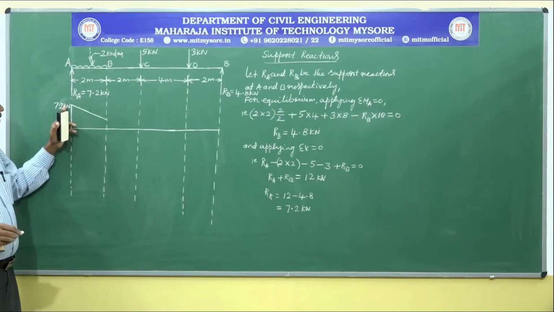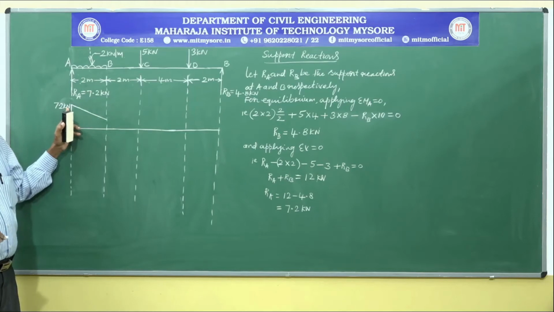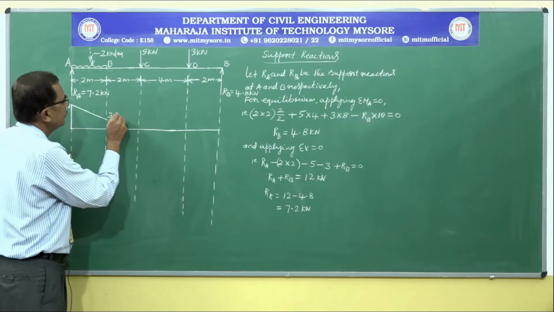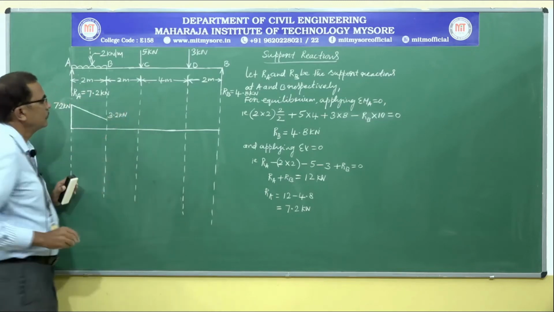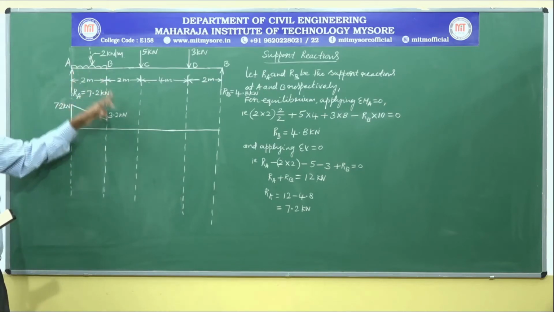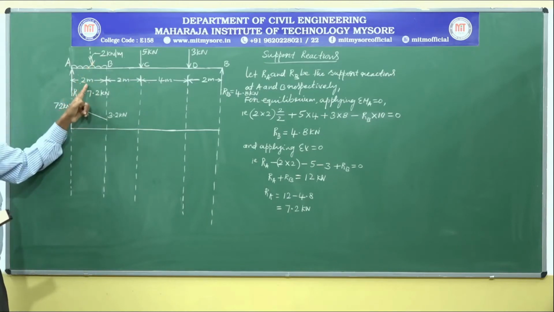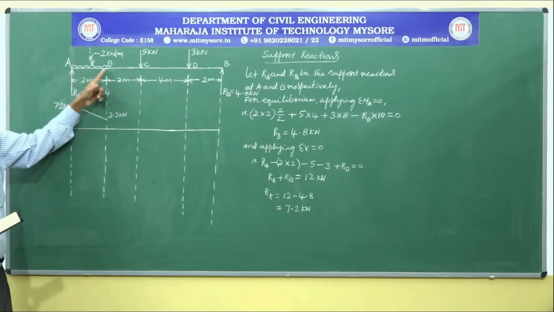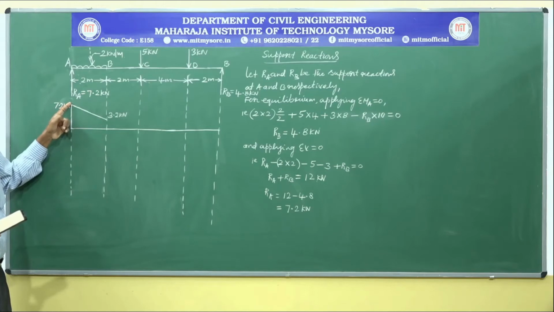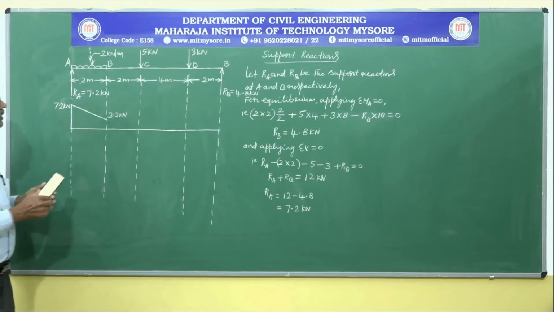We had gone up by 7.2 kilonewton. If we come down by 4 kilonewton, we are left with 3.2 kilonewton. That's all. This is the variation of shear force diagram for uniformly distributed load, 2 into 2, 4. The variation for a uniformly distributed load is an inclined or linear line. We had come down linearly from A to B to 3.2 kilonewton, an inclined line.